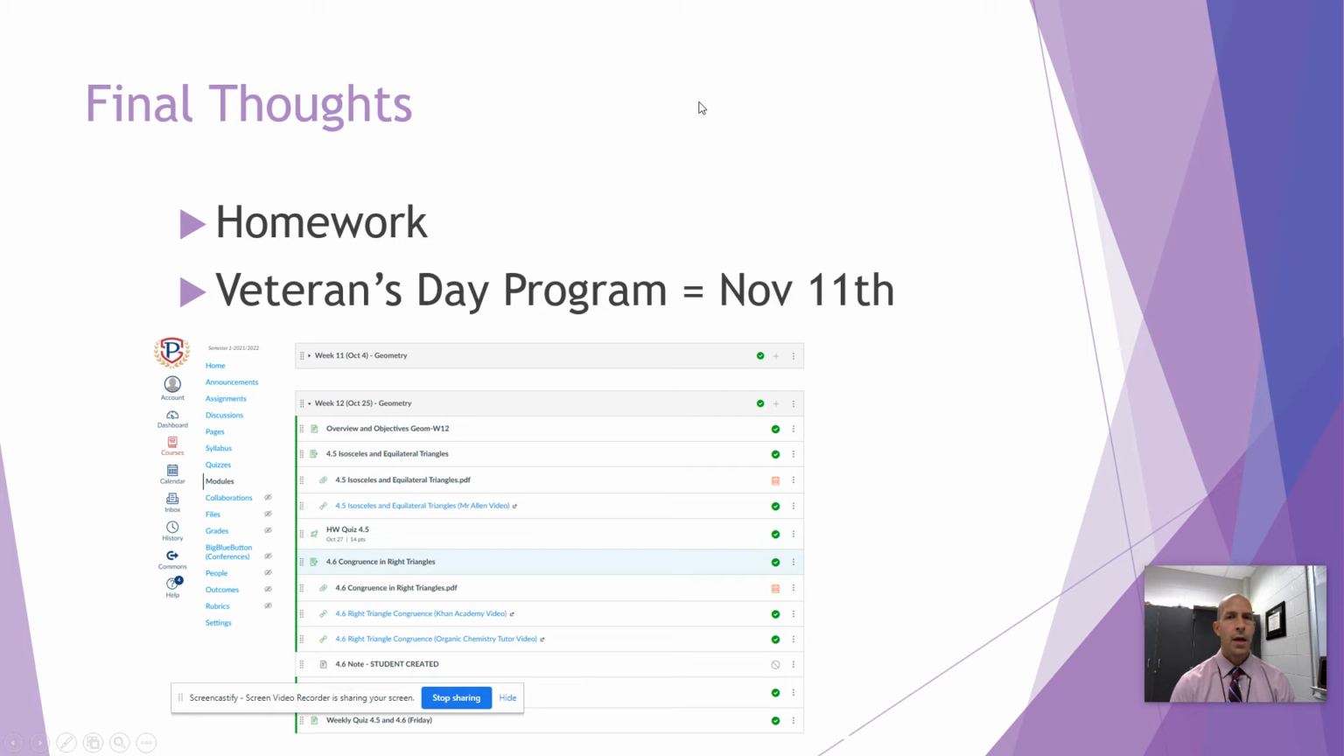Final thoughts, homework. Each of my classes got a lecture this week about homework. Homework in my class doesn't count, quote unquote, for points. We have homework quizzes, and I'm noticing that some students that maybe aren't doing as well as they'd like aren't really taking the time to do their homework, and then they don't do well in the homework quizzes. So I would just